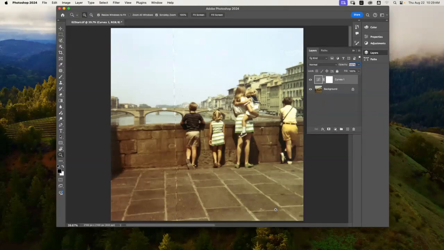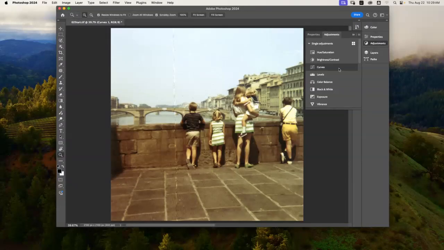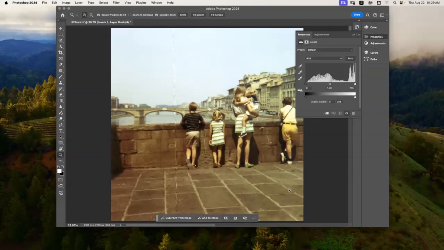Then we did that, and now we are going to do levels. It's just the same. I'm going to hit adjustments and go to levels. And then we are going to,